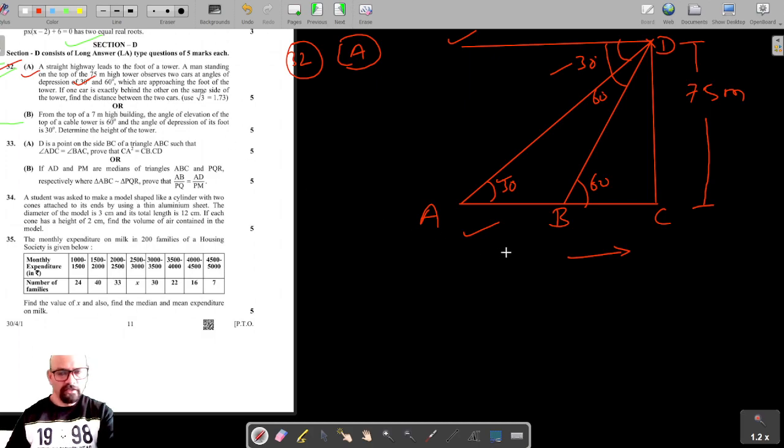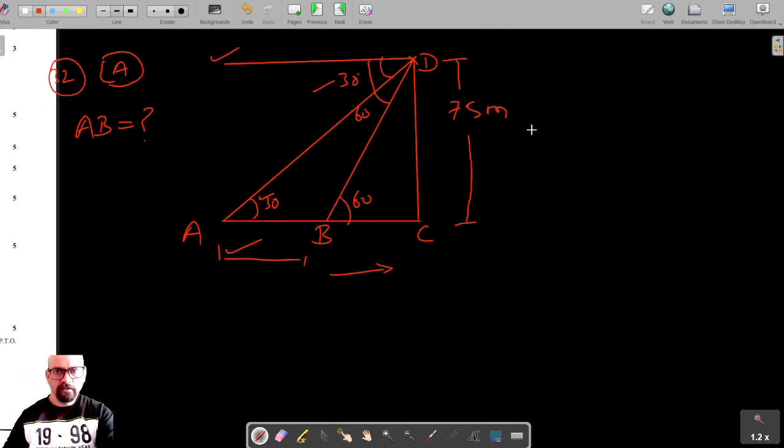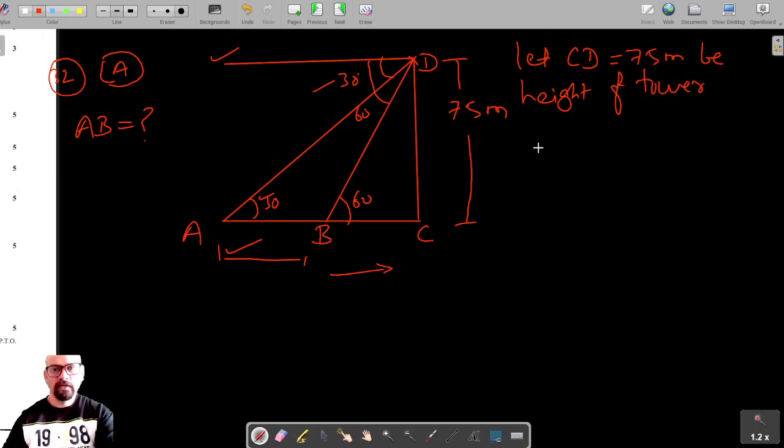You have to find the distance between the two cars. So the distance between the two cars is AB. So we have to find AB. And so let's say CD is equal to 75 meter be the height of the tower. Now we are going to use the smaller one, the right angled triangle DCB, in which